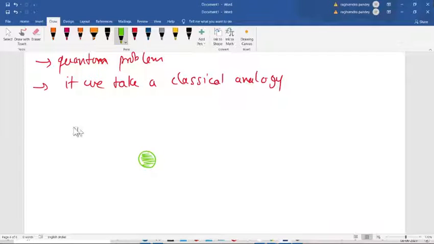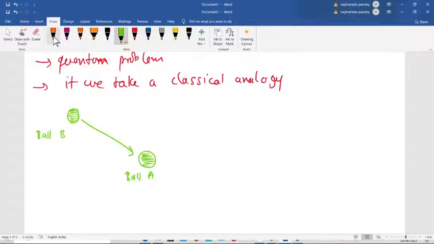And we can see this ball by throwing another ball of the same size. Let's take two tennis balls. This is your ball A and this is your ball B. Now the condition is we can see the ball A only if the ball B strikes the ball A. That is a classical analogy. We can see the electron when the photon strikes the electron or the proton or the neutron, whatever it is.